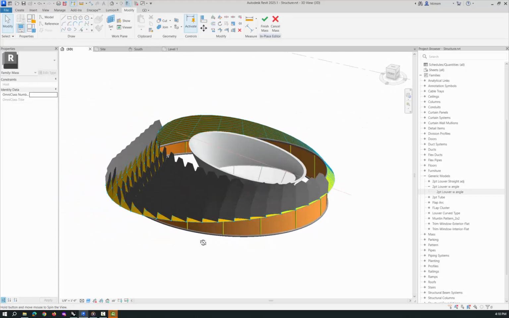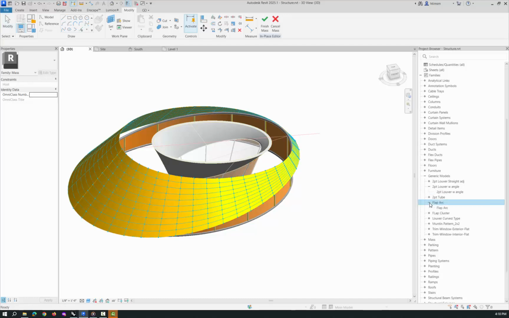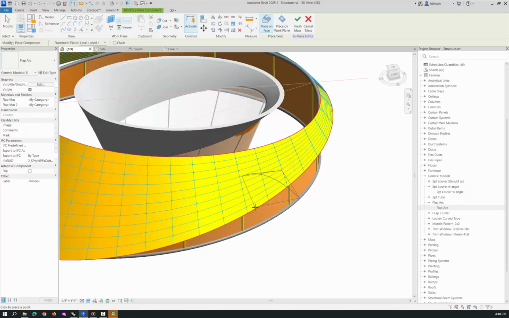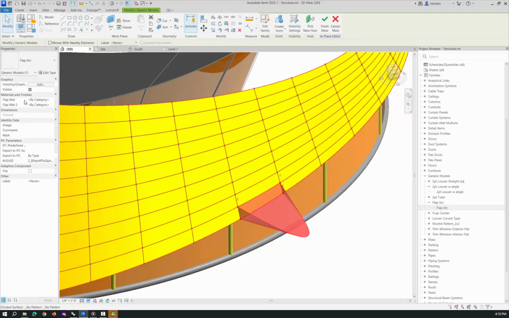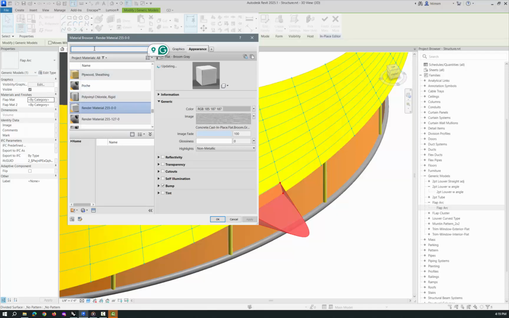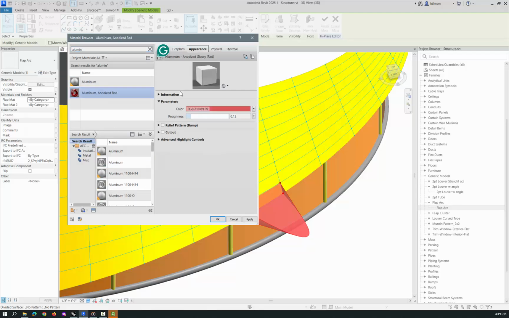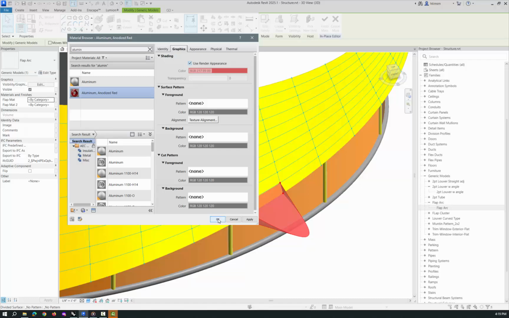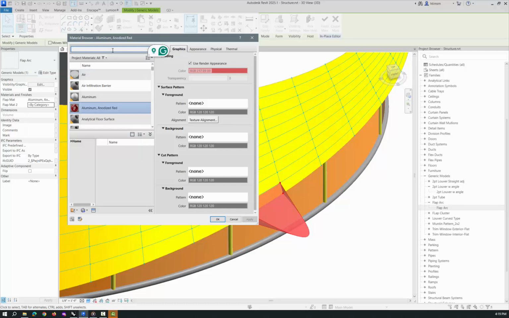And let me delete this guy, and I'll come in and grab the flap arc, right? And this is a 4-point, so it would go 1, 2, 3, 4, right? And you can do it before or after you repeat it, but you can see there's a material here. And if I go in, let's just put aluminum on one side, aluminum with a color, maybe a red aluminum, like that. And then for the flap 2 material,